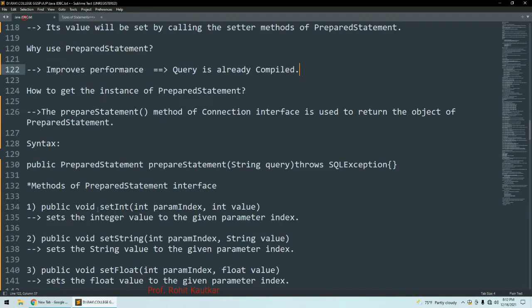This is how you are going to create the instance of prepared statement. You can see public PreparedStatement, and here you can pass the SQL query which you want to prepare, and it throws the SQL exception.